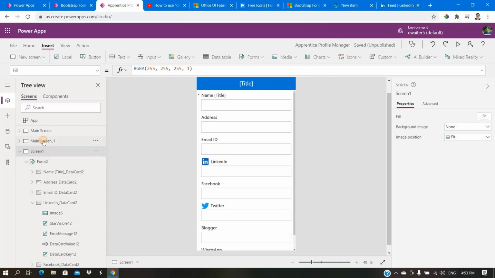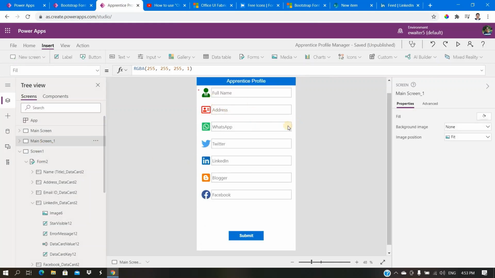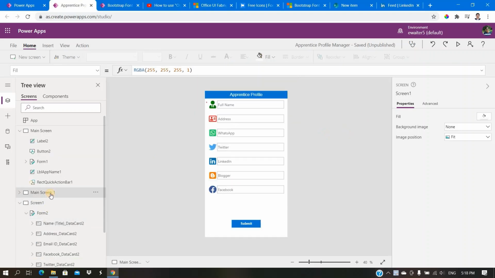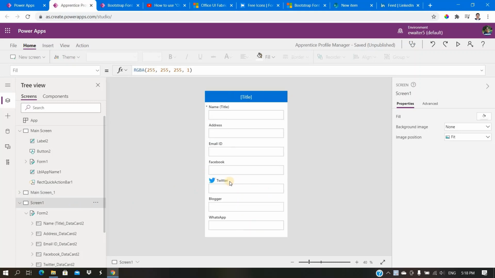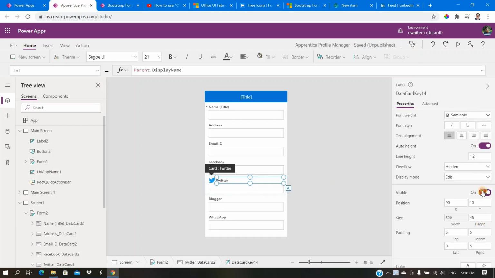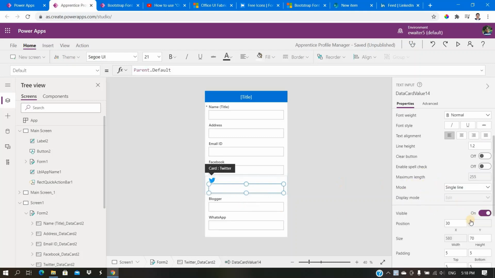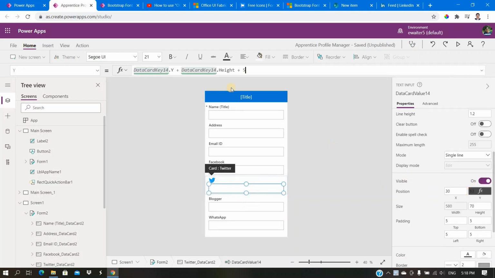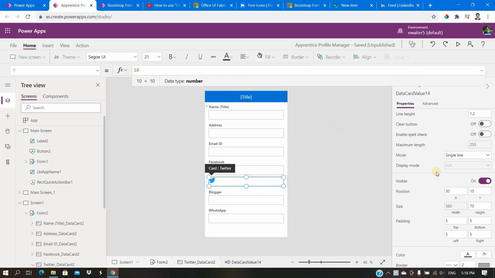As I said, there are two kinds of things I have created. You can do it like this. I said there is another type of UI. You can also do it like this. So first you need to edit. The Y is 10 and X is 90. So you need to mention the same thing here. Y is 10 and X is 90.